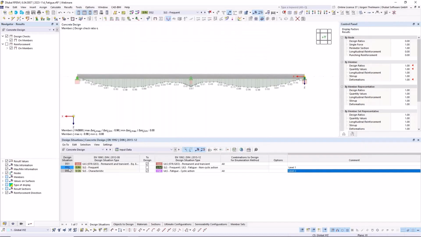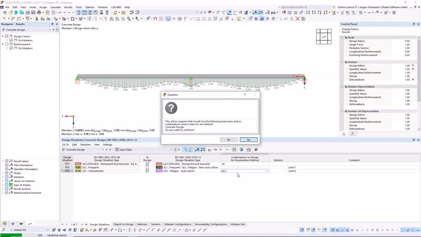Third thing is, we need the correct design situation and change to the correct design situation for fatigue. And the fourth point is that in those design situations, we need at least one result combination.